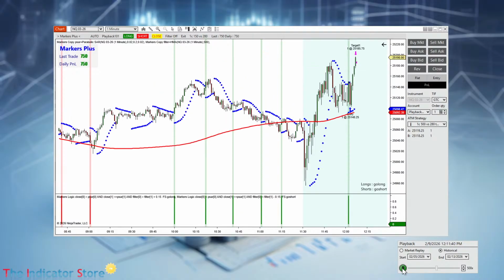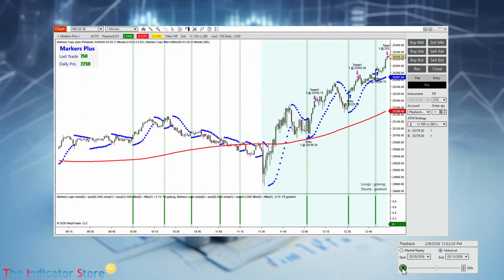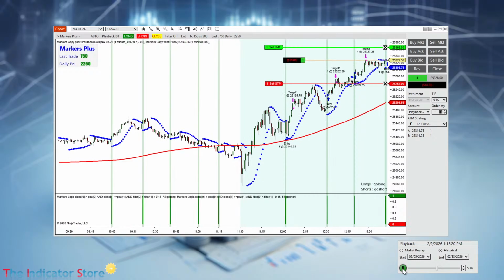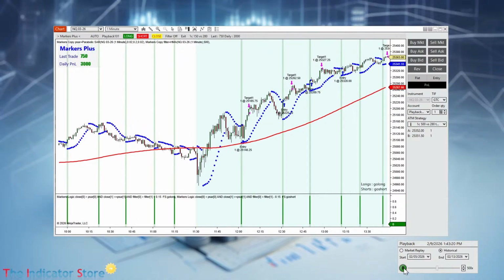Order filled. Target filled. Target filled. Order filled. Sorry, my mistake. Selecting the ATM here is not enough. We also need to click here. You can see that we are using the previous ATM. So selecting, sorry. Let's click on play. Target filled. Okay, this is the ATM I want to select. I click here,